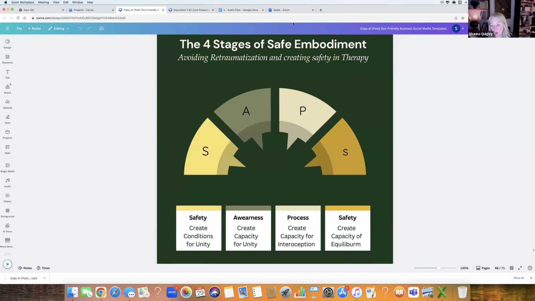We have to, and I'm going to introduce the case study, and we'll talk about the skills of SAPS and how the skills of SAPS will help you. But for now, I am hoping that these two points in the presentation, the understanding of the hierarchy of embodiment, what they're embodied to, and then the process of SAPS, how they move through SAPS, can they in primary and secondary, can they do that, and is it safe to do so? And if it is not safe to do so, how do you create that safety?